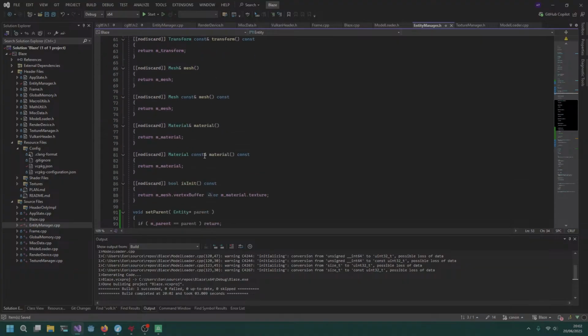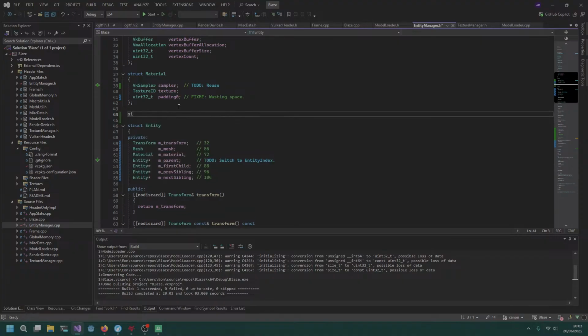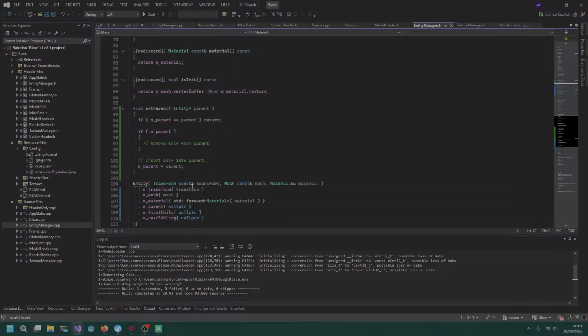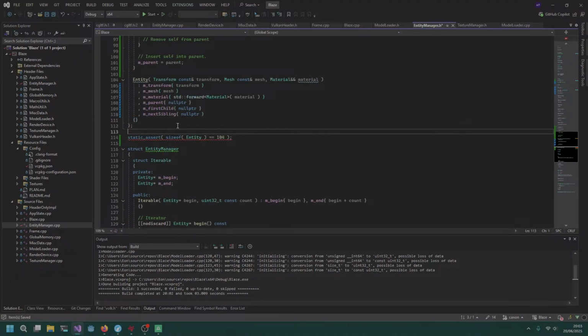Don't think there is much to add here. So let's check size of entity. Static assert size of entity equals 104, which is what it should be at the moment. It's not actually 104. So what is it? Oh yeah, it is 112